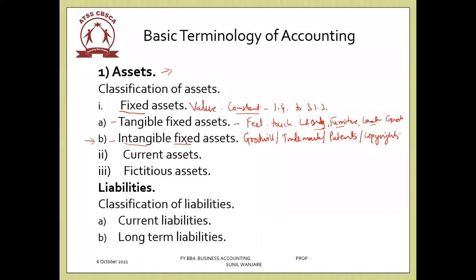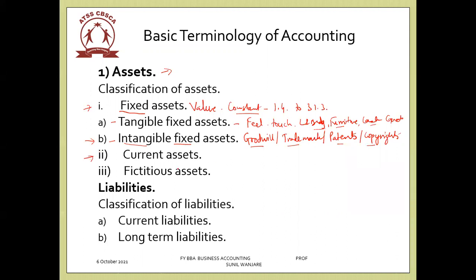Even if tomorrow Tata starts a travel business, people will definitely believe in that brand because they deliver value. Because of the Tata name, if they're able to sell mobile handsets tomorrow, it is because the company name has goodwill. So intangible assets are all those assets which we are not able to touch and feel, but which have some value. They're also called IPR, intellectual property rights. We have learned the first type of asset, that is fixed assets.